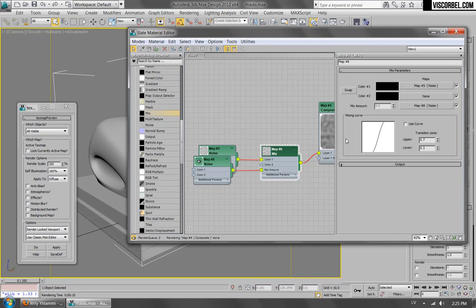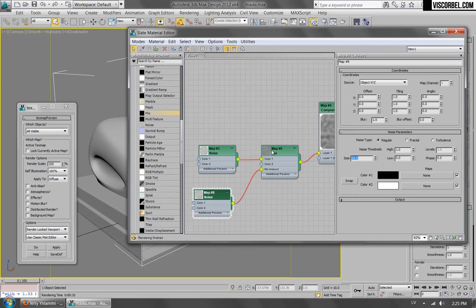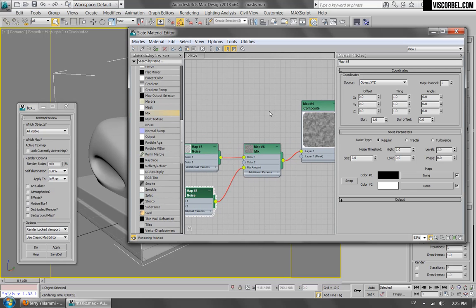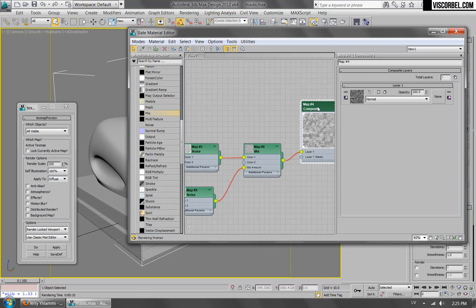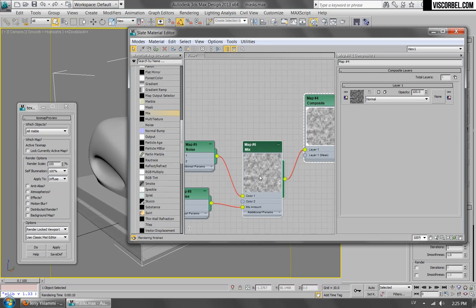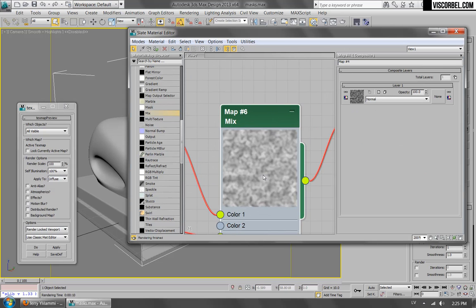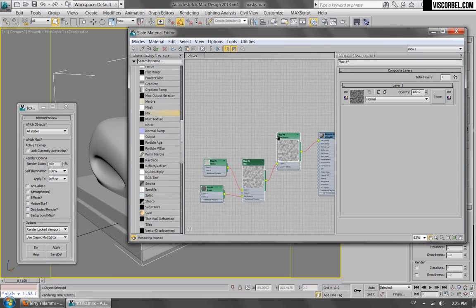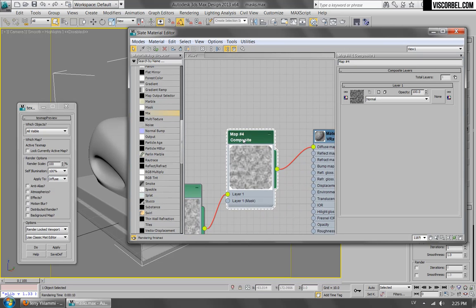So go to that second one. Let's make it smaller, and play around with some contrast values. Alright, and this is the resulting mix. Looks a bit better than the default noise already, but let's make it more interesting by adding some more layers